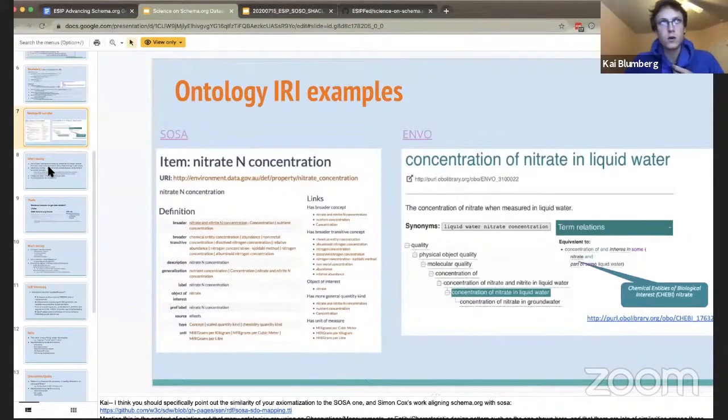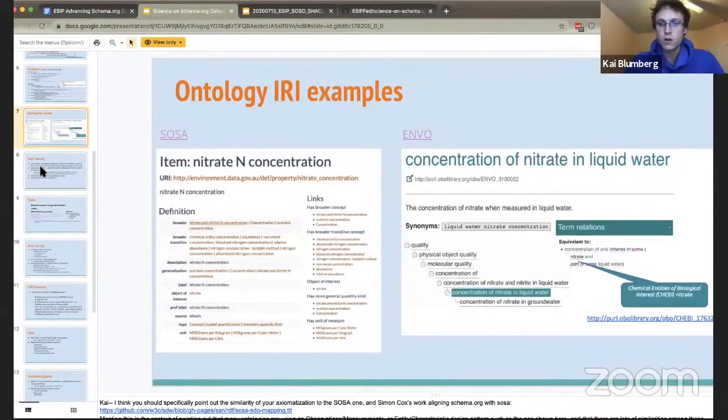Another thing that can be noticed is that within some systems, like within ENVO, you can also have links to other entities themselves. For example, if I can point you to the equivalence axiom, it might be a little difficult to see, but under the box that says term relations, there's a little box that says equivalent to. What that is saying is it's expressing, in two machine systems, that we can point to other IRIs to help have a deeper network of linked information.